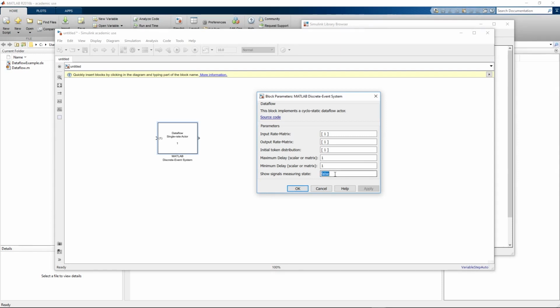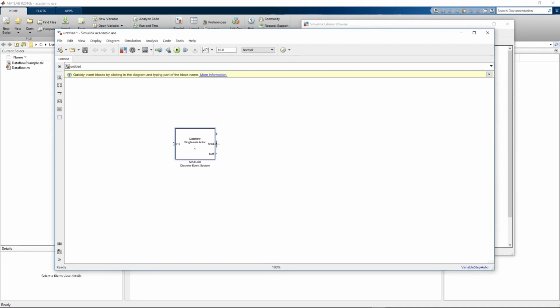Now if I add true here at the end instead of false for show signals measuring state, then something happens as well, and that's that the actor gets 2 additional outputs. Now this first output was an output that carries tokens, which is indicated by a rather thick arrow going now from output back to input, because I just drew that self cycle. But these 2 outputs are ordinary Simulink signals, which means that we can measure them, for example, using a Simulink